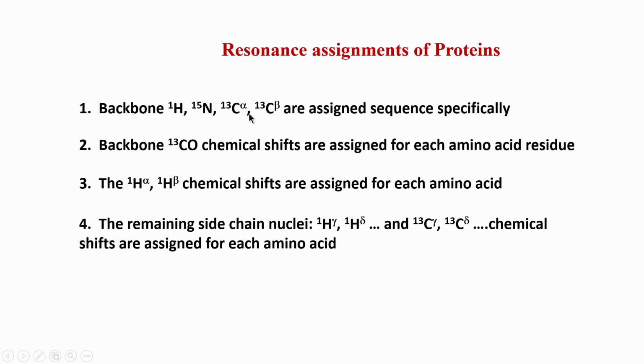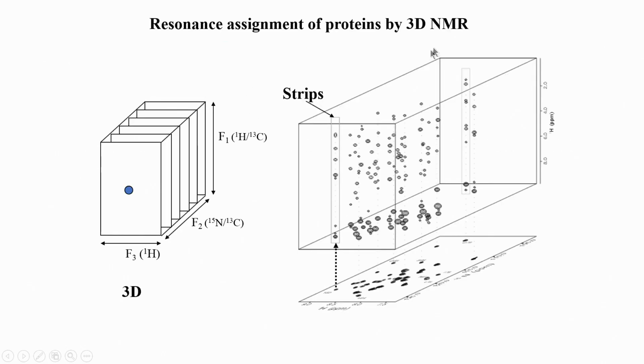So, we will first start with the backbone chemical shifts. Now, in a given 3D NMR spectrum, as we have been discussing, we have to analyze them in the form of strip plots. So, this is an example of a strip given for a 3D experiment. So, typically what we do is we start from a base projection. So, the base projection typically is the N15 HSQC where each amino acid here is one peak. So, what we do next is we take this peak and then go to the 3D, and then in the 3D we look at the chemical shifts in the third axis. So, this is how we will analyze and assign the protein.